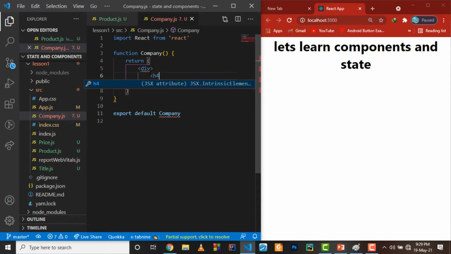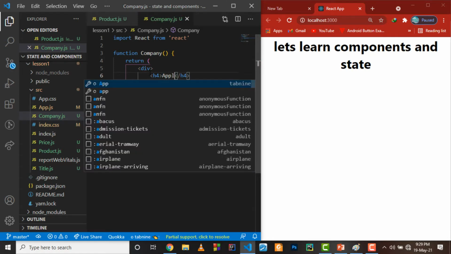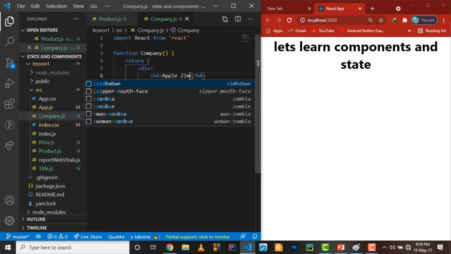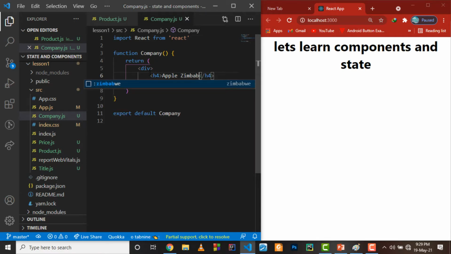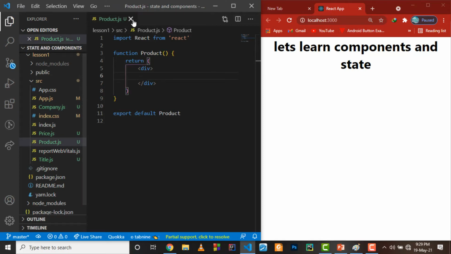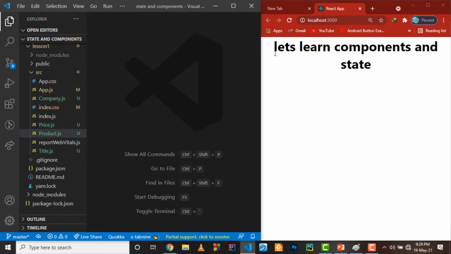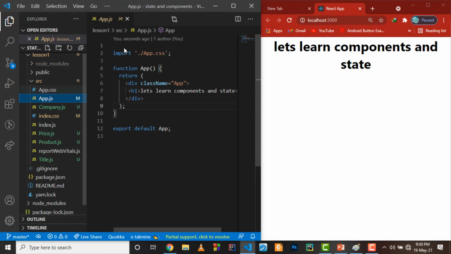If h4 is better here, so we say Apple Zimbabwe, like this. So what are you seeing on this? Nothing. There's nothing happening. So what we need to do is let's remove this